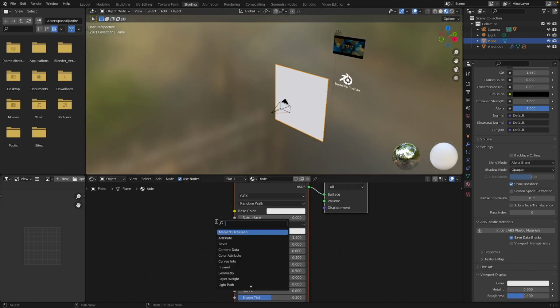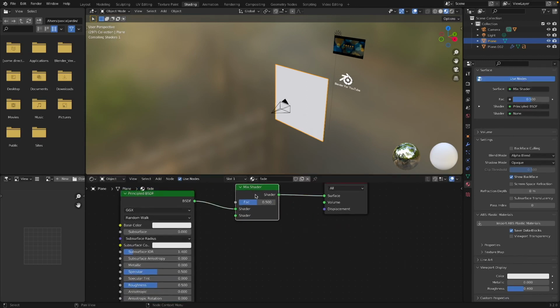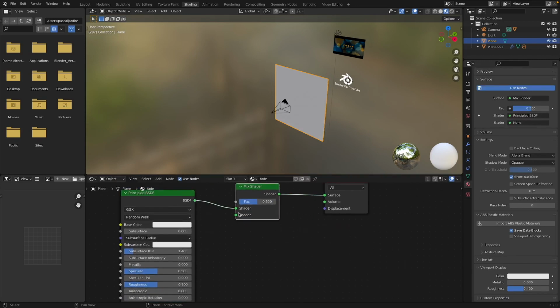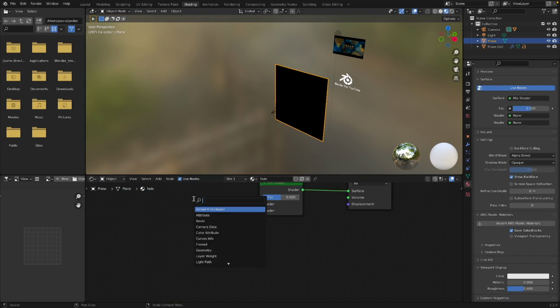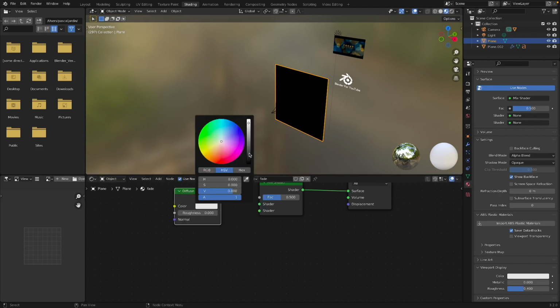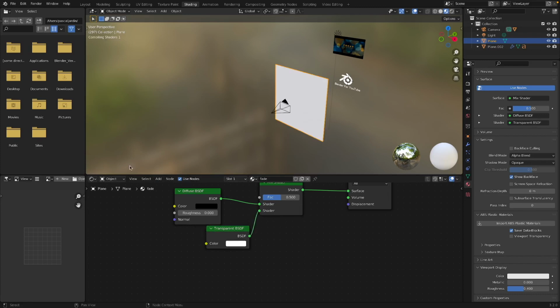Shift A search, we want a mix shader. Go here, go here. Okay, and you know what, this I can just delete. Shift A search, and I'm going to do a diffuse BSDF. Change this to be pitch black. Connect shader to this one. Shift A search, and I want an alpha transparency, so I need a transparent BSDF. Okay, then I'm going to go here,